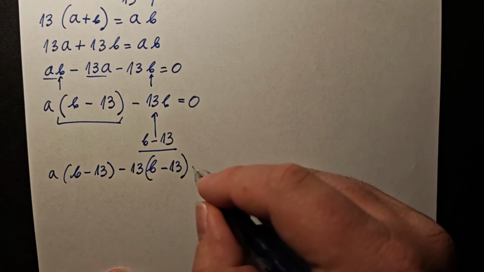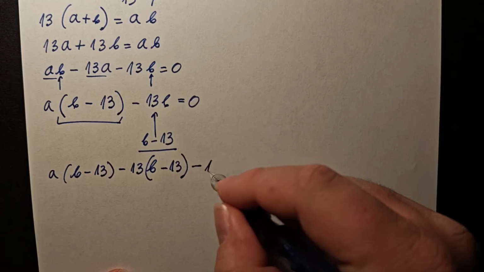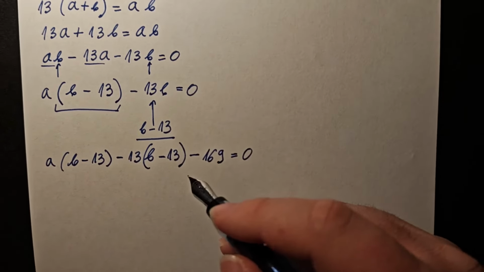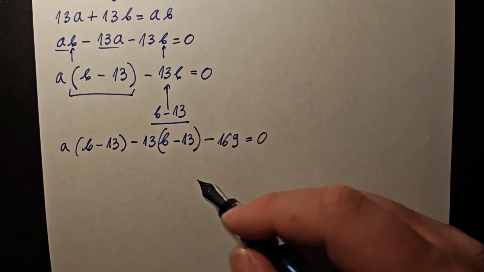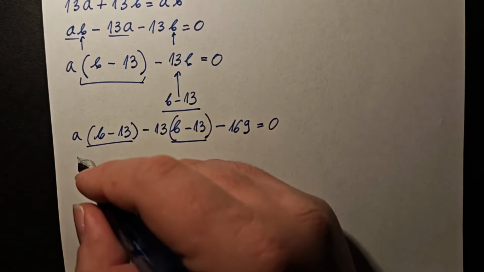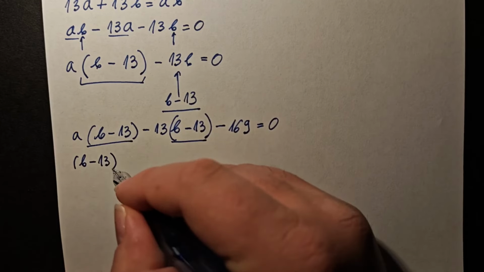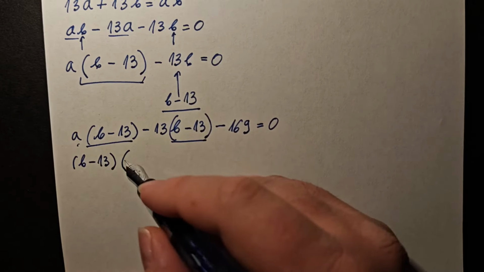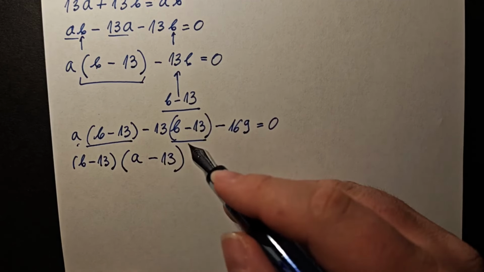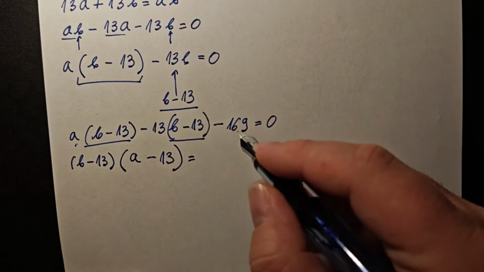And we are going to subtract this 169 because that is something that we have artificially added. So we have b minus 13 as common in one bracket, and in the other bracket we have a from the first term and negative 13 from the second term, and that is equal to